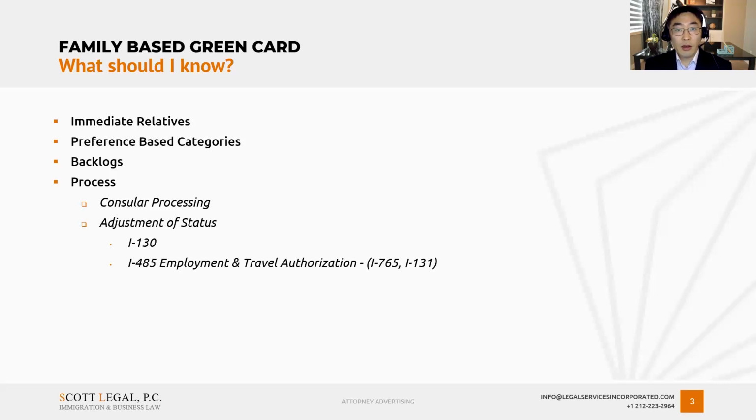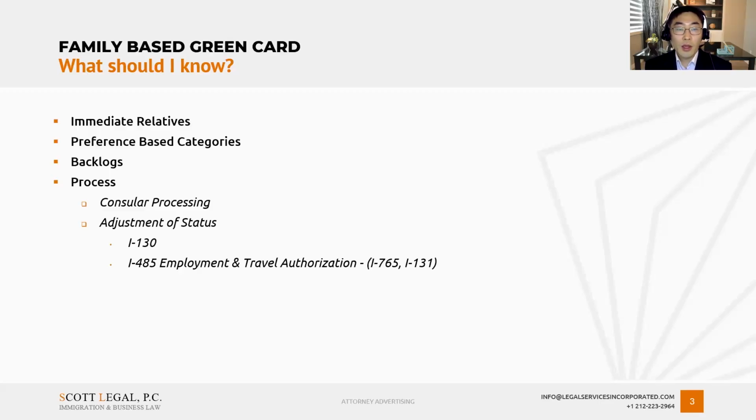And then the second part of the application process is deciding whether it is going to be consular processing or adjustment of status for the beneficiary. If the beneficiary is outside of the United States, then the approved I-130 case will be transferred to the National Visa Center, where the beneficiary will need to submit the required civil documentation. And then the case will finally be transferred to the U.S. Embassy in the country where the beneficiary is currently residing,